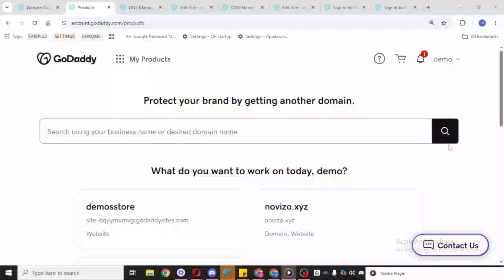In today's video, I'm going to teach you how to verify domain ownership in GoDaddy. If you need to confirm that you own a domain, GoDaddy makes the process fairly simple. And in this walkthrough, I'll guide you through it clearly so you know exactly where to click and what to expect on the screen. This is useful when a platform or service asks you to verify that a domain belongs to you before you can connect it, manage settings, or complete setup.